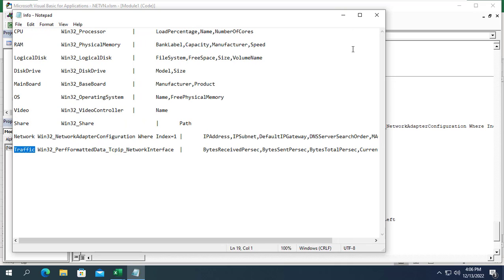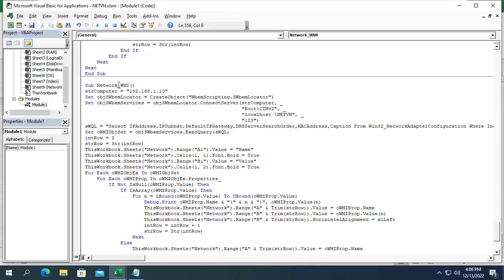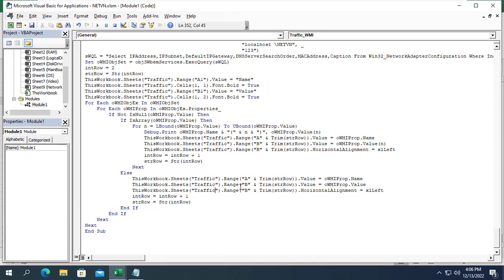And I create one more final procedure to know the network traffic used by the target computer. I create a new procedure and name it Traffic WMI.